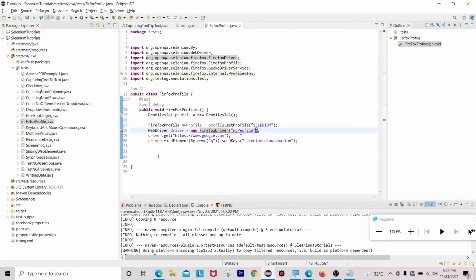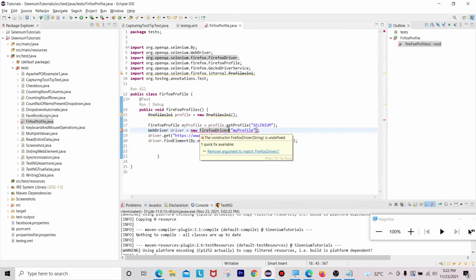Why do we need to use Gecko driver, WebDriver, for Firefox driver? What is the difference? Because Selenium versions 2.53 and below do not support the Firefox driver class.